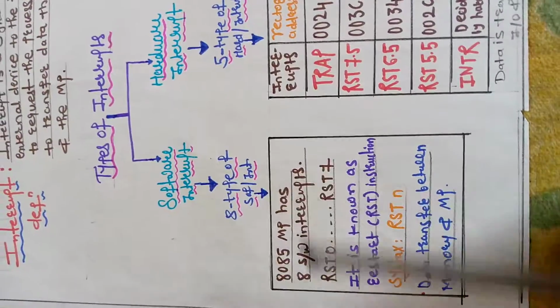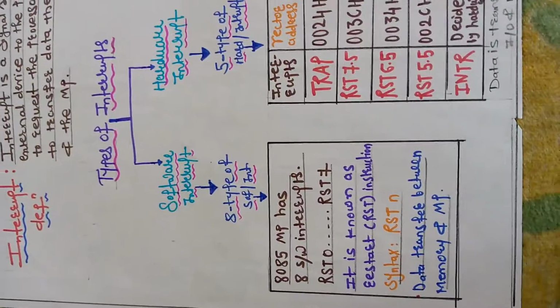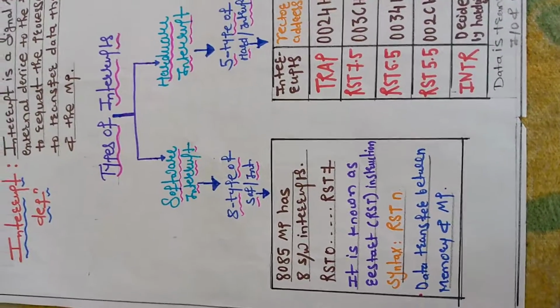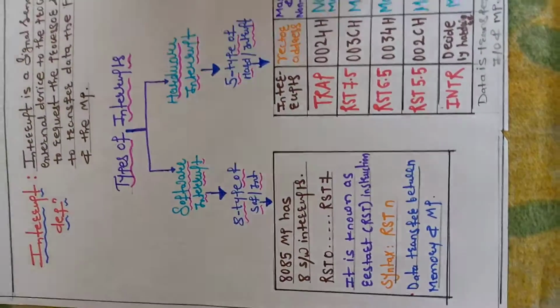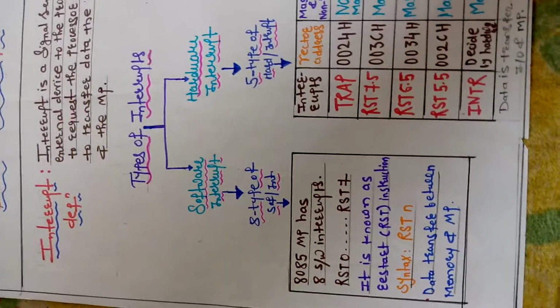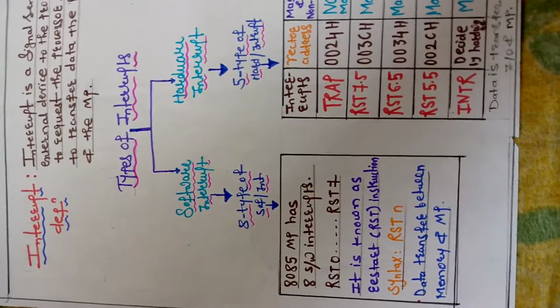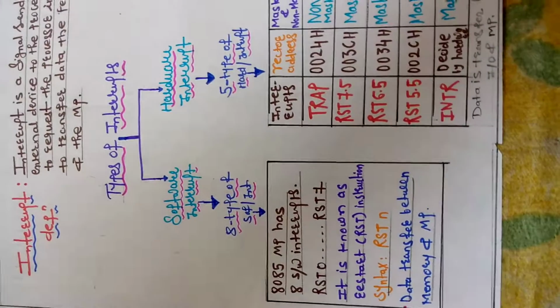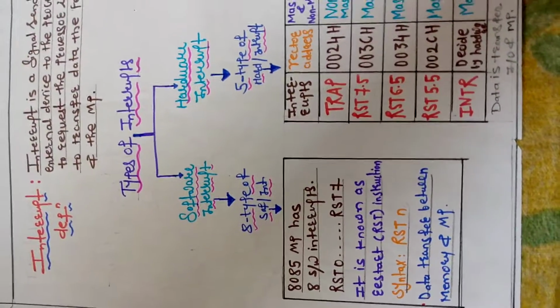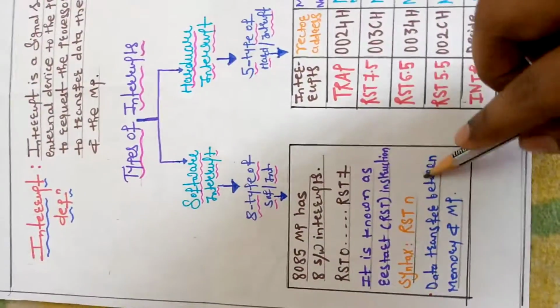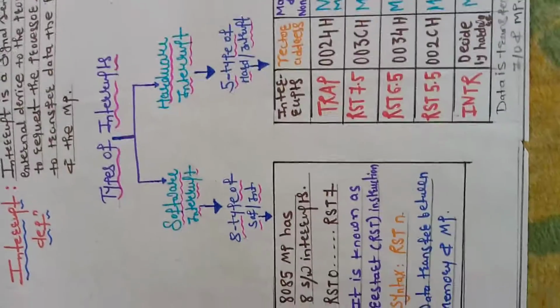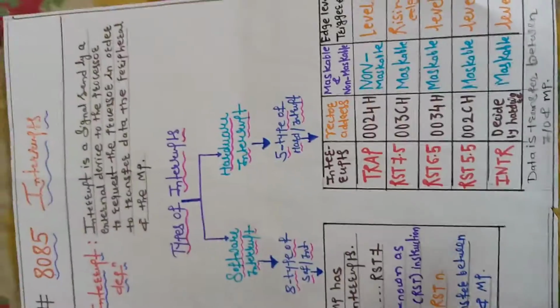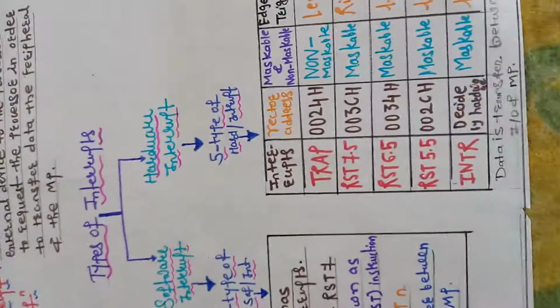Normally the software interrupts of microprocessor 8085 are of 8 types, right? They start from RST0 to RST7, like that: RST0, RST1, RST2, RST3 till RST7. The total is 8 types. RST is a type of instruction, and this instruction means restart. You can see the syntax is also given here, RST n. As for the last point, the data transfer between memory and microprocessor, I will explain at the comparison point. Okay, now